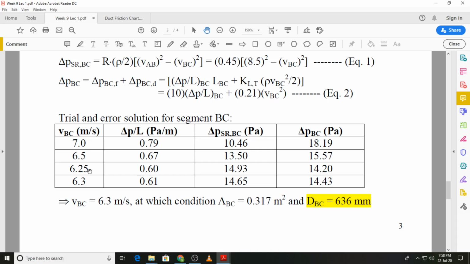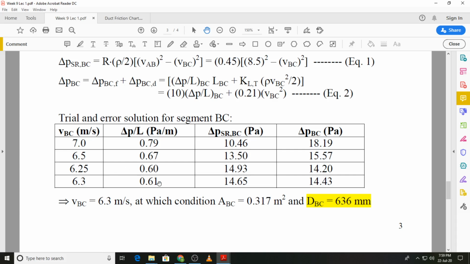So we make a third guess of 6.25, and this time you can see that the static regain value becomes slightly higher than the delta P value for the duct run. So that is, we can fine tune our result by slightly increasing again. We want to now reduce this value of 14.93, so we will slightly increase the value VBC,